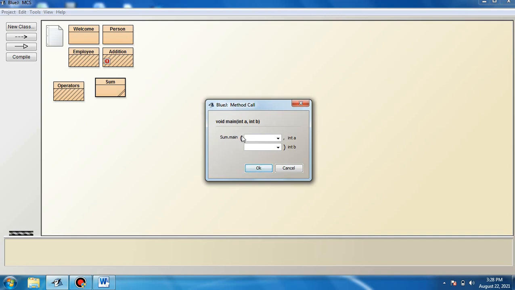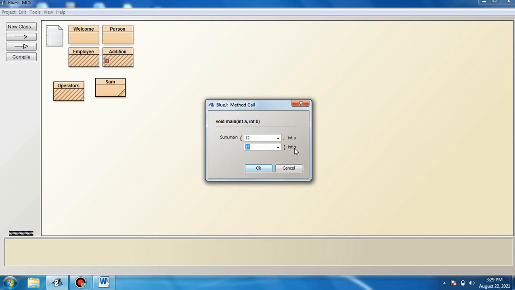Main is the name of the method, and look at these brackets, and within them are two text boxes, or you can say drop down boxes. Here we have to type the values that we want to assign to the variables a and b. If I enter here the value 12, that value I have typed from the keyboard will get assigned, or get stored, in the variable a. Observe here very carefully, these are the arguments.